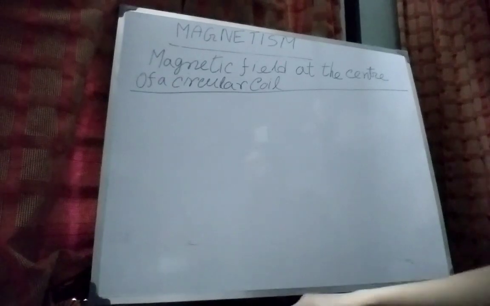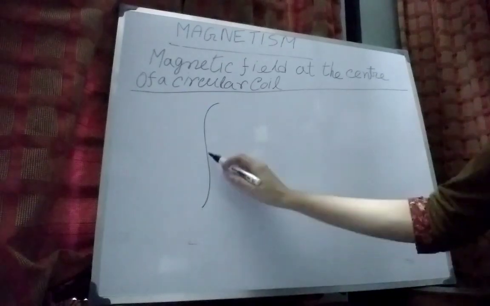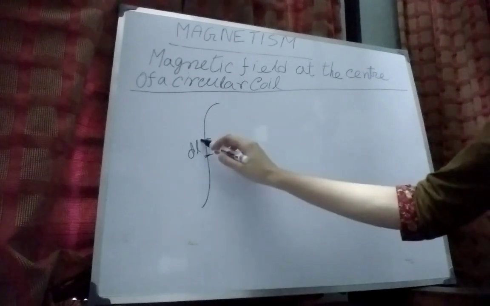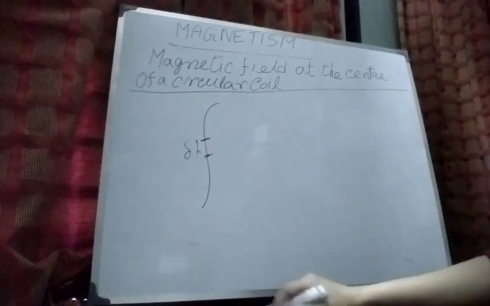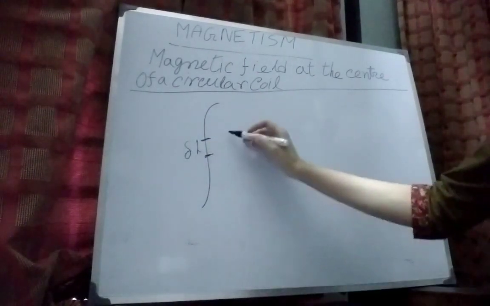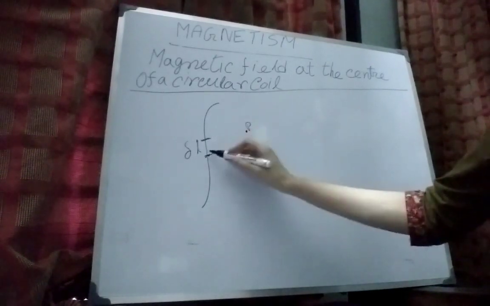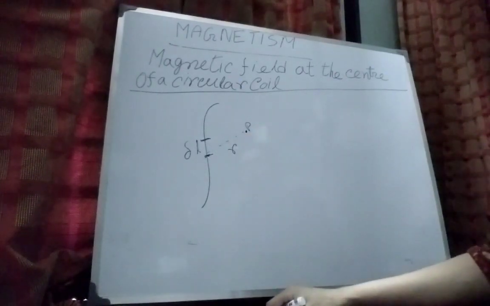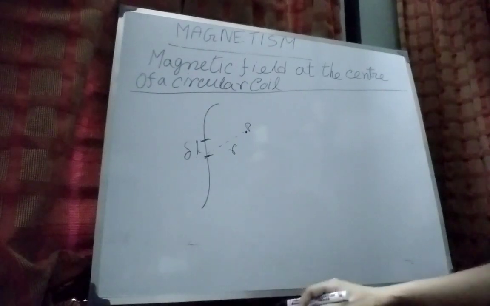Now, in the previous video we have seen that in case of Biot-Savart's law there will be a current carrying conductor. We will have a small current element dl or del L, and using this we will derive the magnetic field at any point P which is at a distance r from this current element. So, in case of Biot-Savart's law, when we are going to calculate the magnetic field, we need a current carrying conductor where the electrons will be allowed to flow.